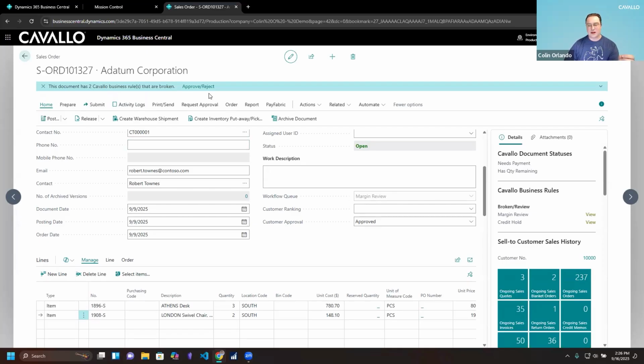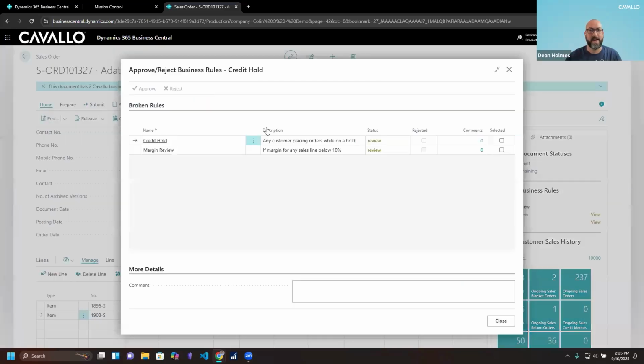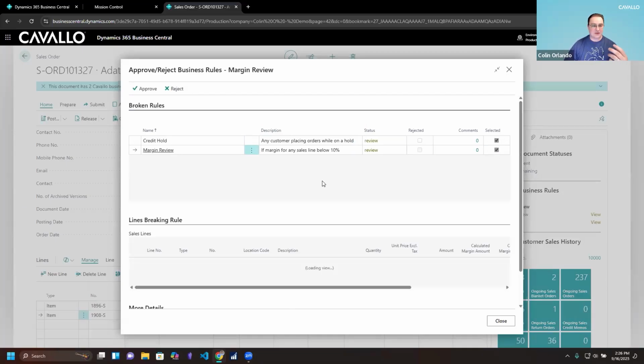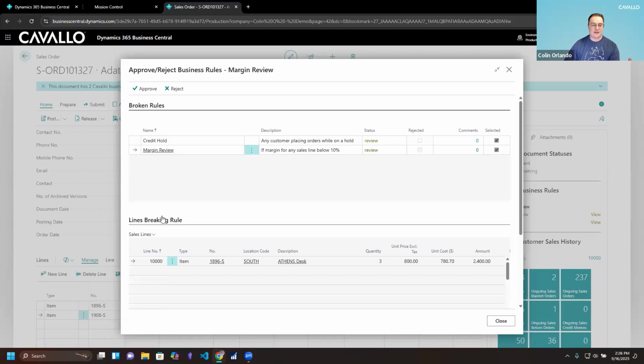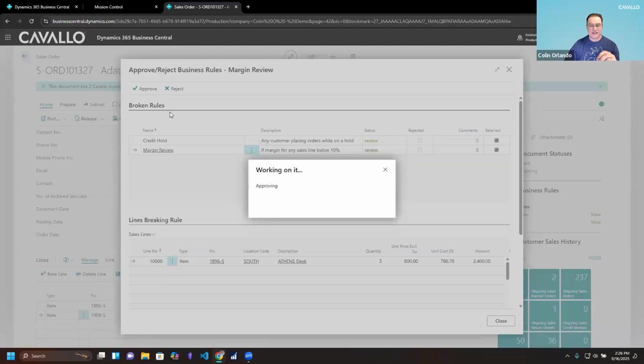And there's a number of other areas within the ERP system that I can approve from. I'm just going to do it right here since we're on the order card itself. So, and you're acting as manager and salesperson here in this scenario. I totally am. Yes, best of both worlds. I am making all the business decisions, and I'm actually able to now go in and, as a manager, select these different business rules that are broken and approve them. I have line visibility if it's a line rule, and mind you, I also had an email triggered off to me to let me know that there's something that I actually have to do here. So I'll go ahead and just approve this one, be nice today, and send it on through the system.